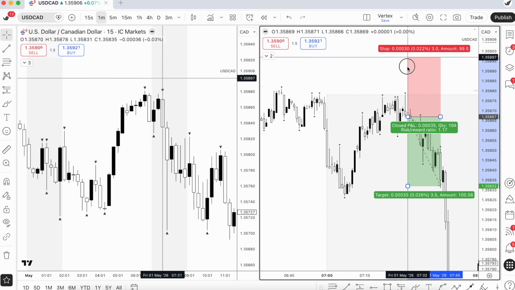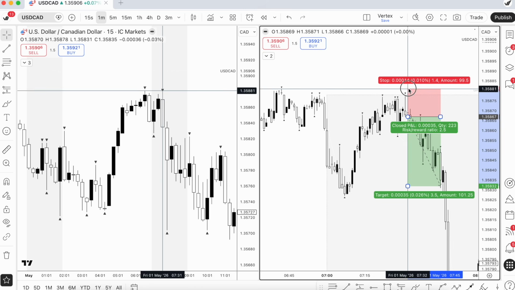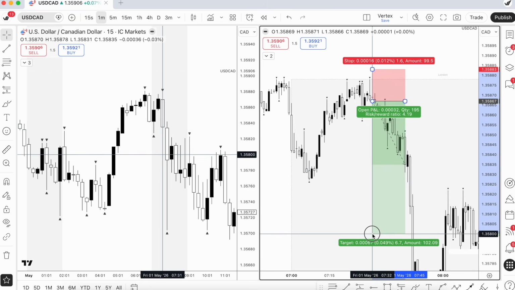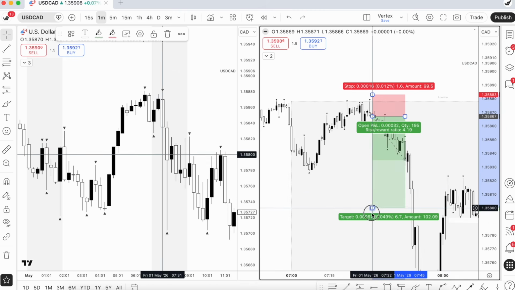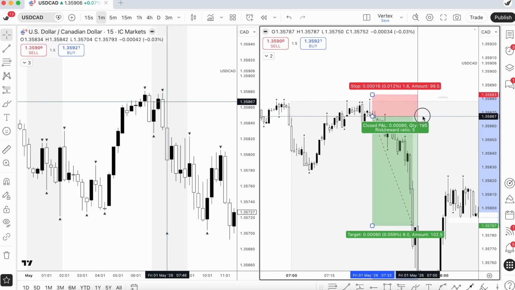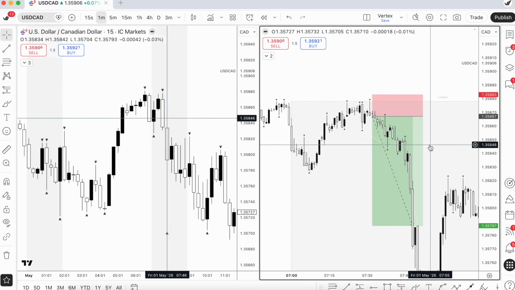and let's go here, and then stop loss above here, and then target was somewhere over here. Now another thing I've mentioned in the previous videos is one thing that you need to be